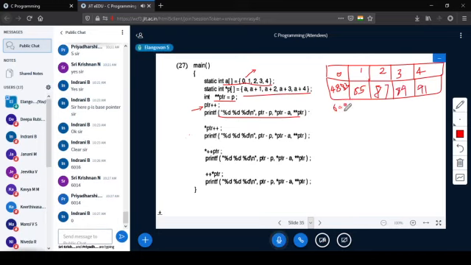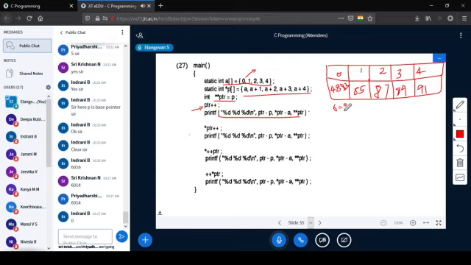Okay, this is A, this is P, and this is PTR. So whenever we have this kind of program, even when you are designing, you have to keep boxes like this, then you have to do it.